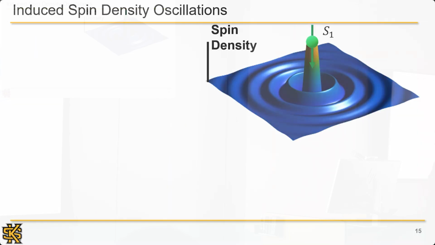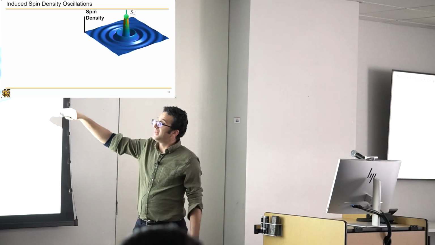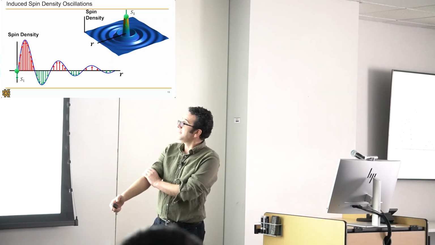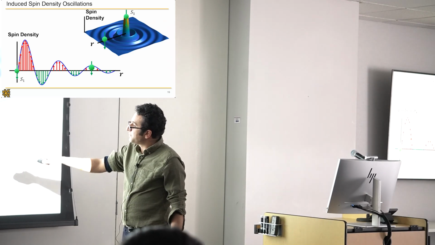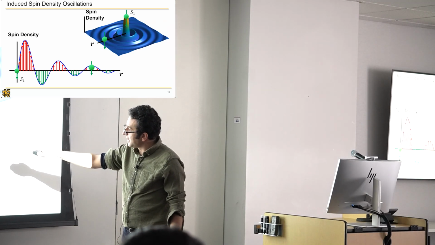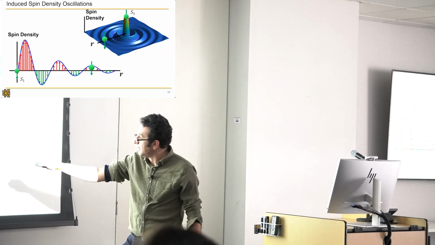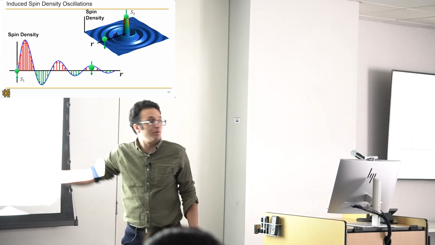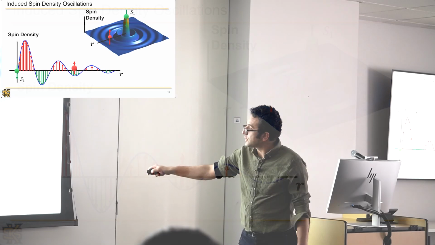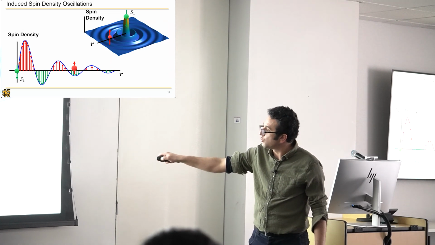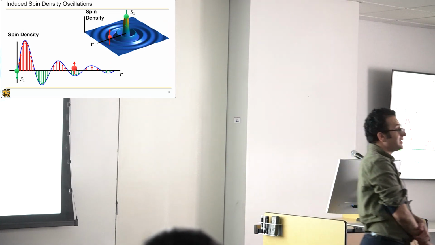So in a cartoonish picture, assume that I have a spin S1 that is added at the origin. This will lead to the generation of a spin density. Then, if I put a second spin at a distance r, since this spin density will be oscillating and decaying, here I have a majority of spin up, then this electron will try to screen these spins here and will be pointing down. If I add a spin up, an additional spin at this location, this spin will be pointing up because it will try to locally screen the additional spins that I have, which are in majority down.